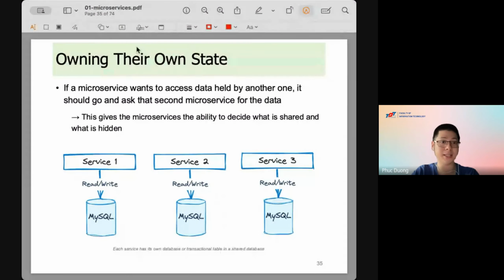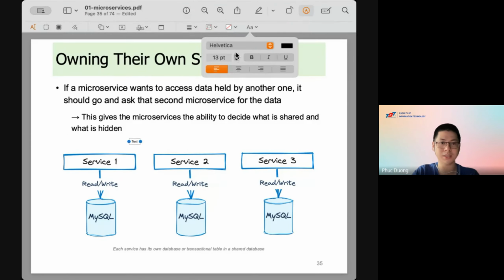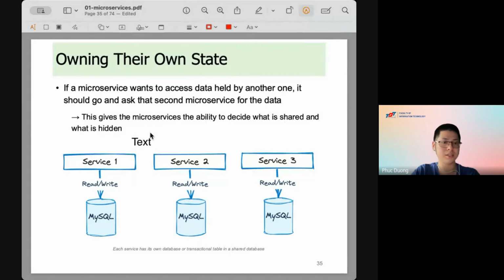Service number 1, you assign to member A, and member A decides to use the Python programming language to implement service 1. Okay.